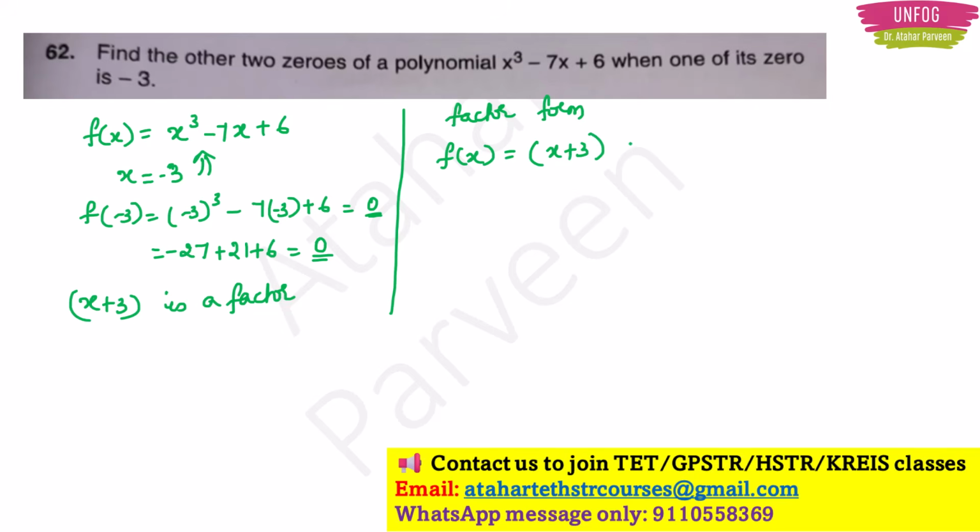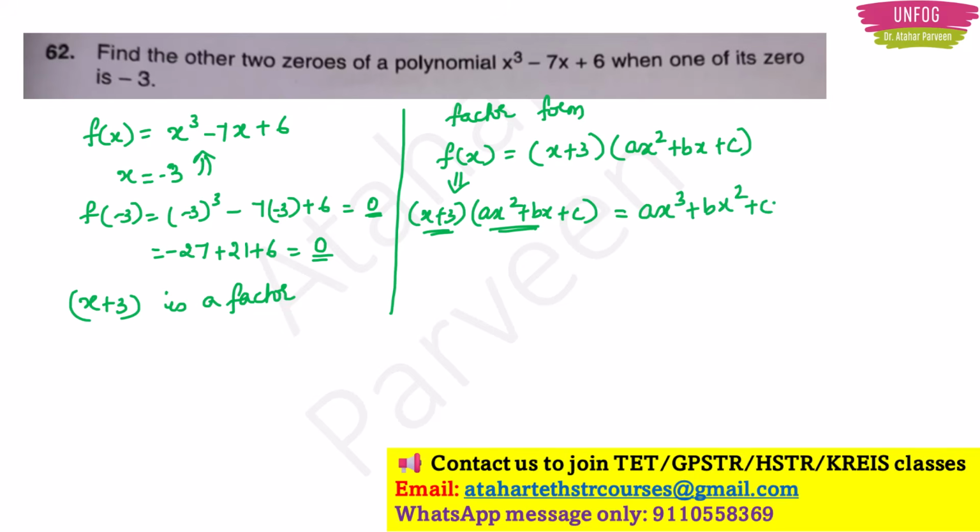That is the factor now, right? What is the standard polynomial again? If I have to write here, it is a quadratic equation, like this, plus c, right? Now in place of f of x, I will write x plus 3 into ax square plus bx plus c. I will multiply and expand this. So I will get ax cube plus bx square plus cx plus 3ax square plus 3bx plus 3c.